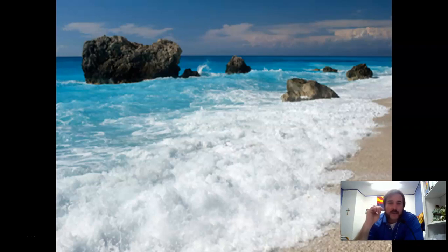Tiny little fragments of all the rocks and all the land that the ocean is bringing back up onto the shore. It's literally pounding it and depositing it on the shore. That is why the sea is always near the shore, there, Mr. Tin Man. But if you've ever been to the ocean or a large body of water, you know how powerful